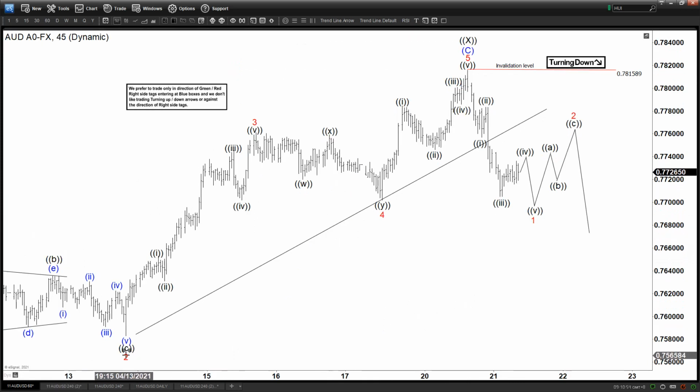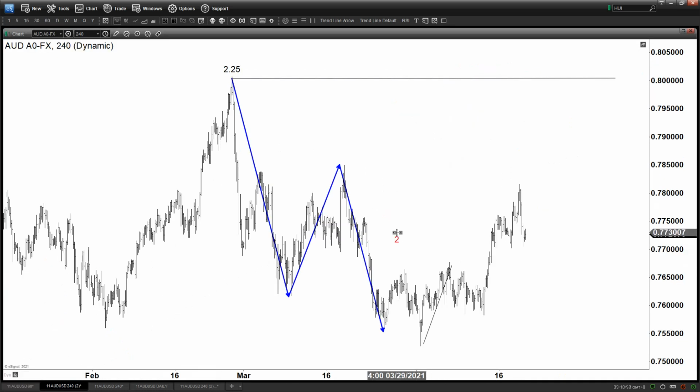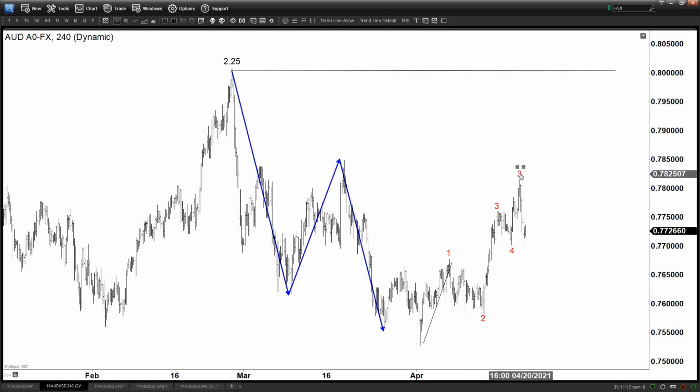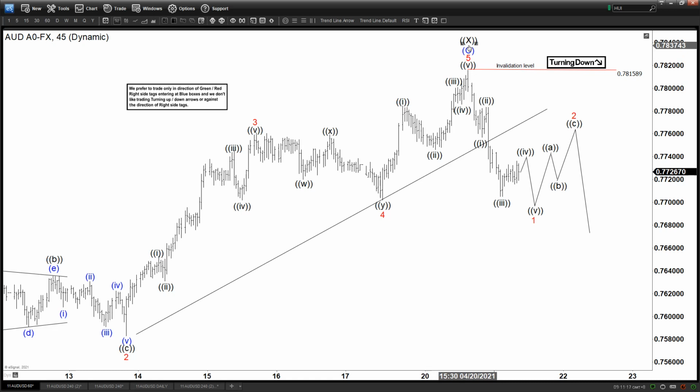Let me see one more time, and then if I still cannot do it, then maybe I will not. Okay, this is your 2, this is your 1, and this is your 3, 4, 5, right? This is 3, 4, 5, and according to the 1 hour count, this is ending C in blue,